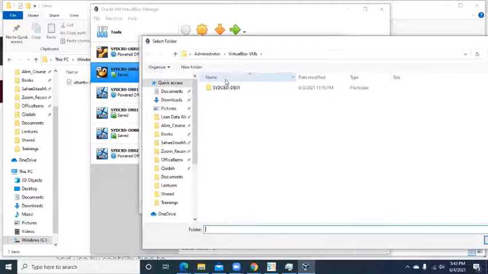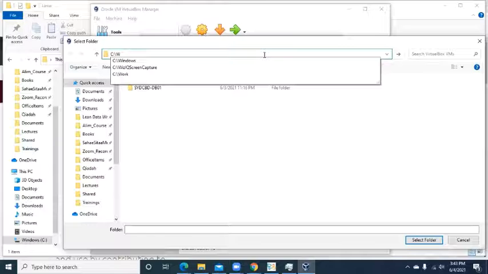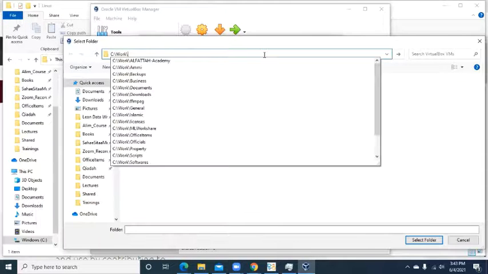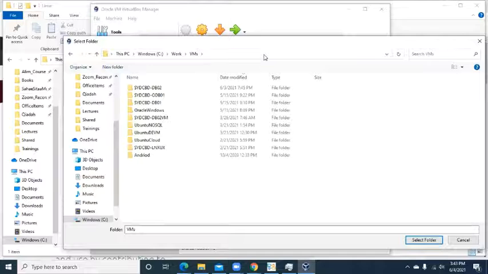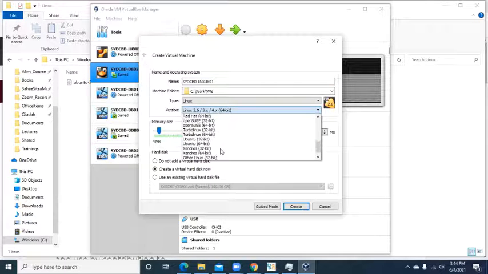So again, going in here, VM. Going to give it a name, SYD CBD LNX01. Again, I'm going to select